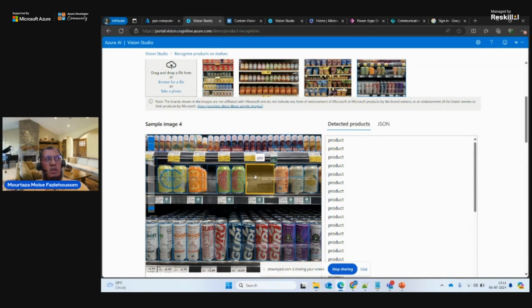In this case, these again are sample images, wherein the management would like to understand quickly, because if you have a chain of 50 or 500 supermarkets, it will be difficult to have an inventory on an immediate basis. So you can leverage this type of AI service